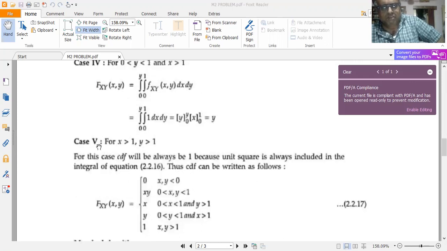Finally, for case 5, for both x greater than 1 and y greater than 1, the CDF will always be equal to 1 because the unit square is always included in the integral of the evaluation of the CDF formula. So that's why